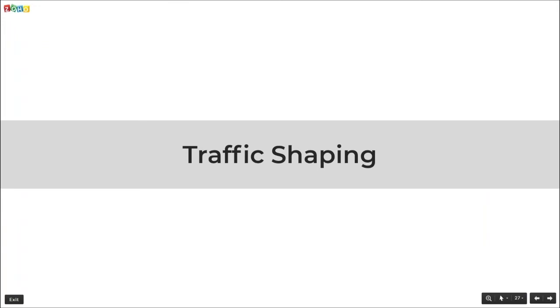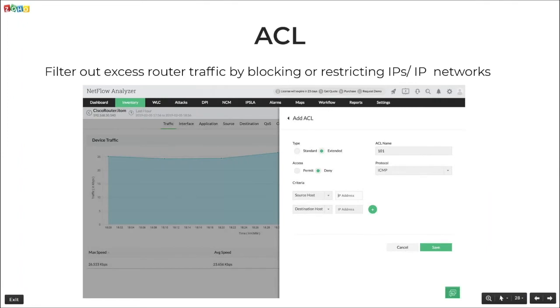Next important topic that we are going to talk about is traffic shaping. So once you identify your bandwidth, once you get visibility on your bandwidth utilization, and once you have identified using capacity planning whether your business critical applications are getting affected because of the non-business critical applications, you might now have to create certain rules or block certain IPs which are accessing your bandwidth unwantedly, or